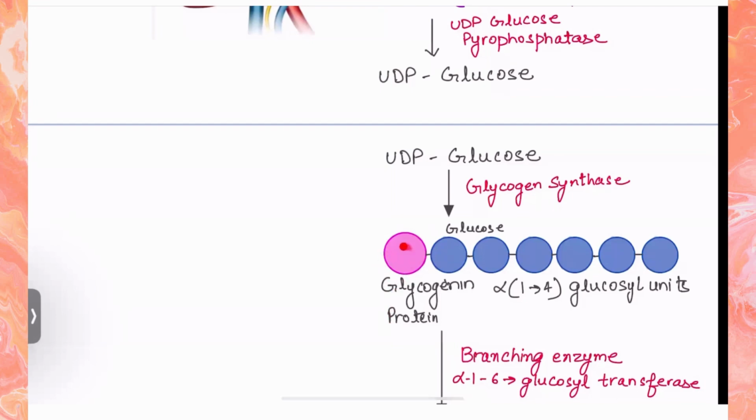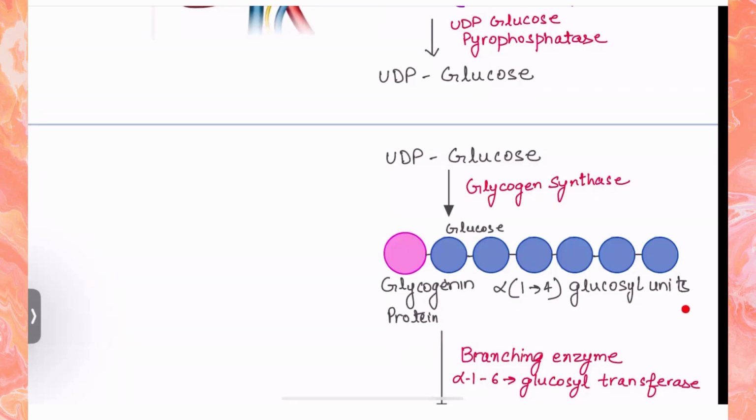Glycogenin, being a protein molecule, has an amino acid called tyrosine, which has an OH group in it, and that OH group has affinity for glucose, due to which a glucose molecule combines with glycogenin. The bond between glycogenin and the first glucose molecule is not a glycosidic bond, whereas the following bonds are called glycosidic bonds. The linear structure of glycogen is formed with the help of the enzyme glycogen synthase, because it forms only